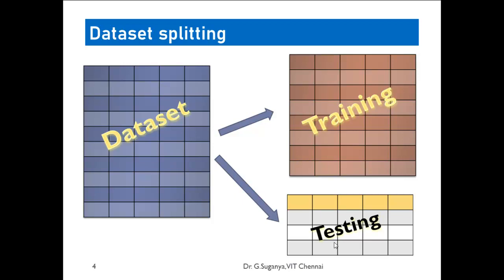There are many ways in which you can divide it into training and testing, but the general convention is 80 to 20. So 80% of whatever data you have can be used for training, and 20% for testing. How will you divide this 80 to 20? It's random sampling. You take 80% of your data computed with random indexing using random number generation, and the indexes will be segregated and taken as the training data set. The remaining will be taken as the testing data set. This is one way.